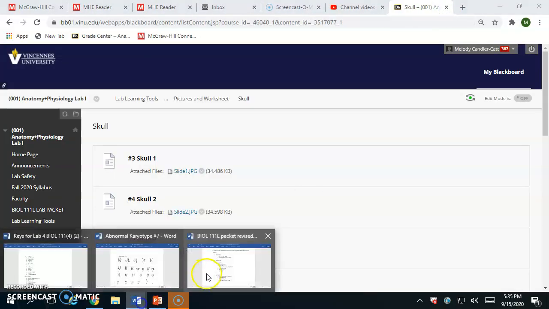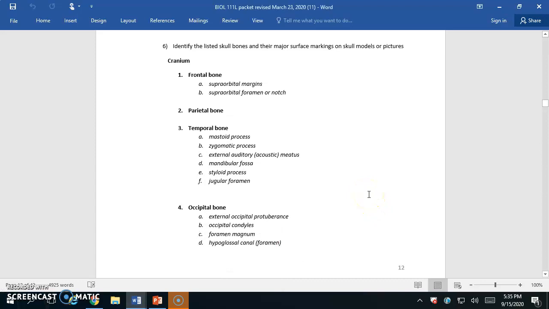All right, so I'm going to go back to our lab packet. The next thing I'm going to let you know about is that you'll notice there are terms that are used often when we are talking about surface markings. You can see the term foramen, process, meatus, fossa, condyles. You'll see those come up pretty often when we're talking about surface markings. It's a lot of times helpful to know what they mean so that you can more easily